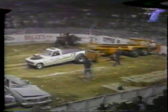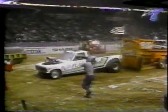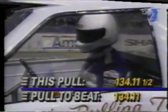It's going to take, quite simply, a full pull to win this event. This is the Flashback 1989 Chevy S10 of Chris Huff, the home state hitter from Alberton, Pennsylvania. Almost to the finish line. He's right on the line. Huff pulls 134 feet, 11½ inches. Absolutely one of the most incredible pulling battles we have